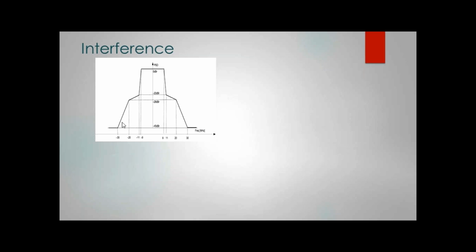What this 11 means is the bandwidth. OFDM has 20 megahertz of bandwidth, that is known by you, I know. So what you probably don't know